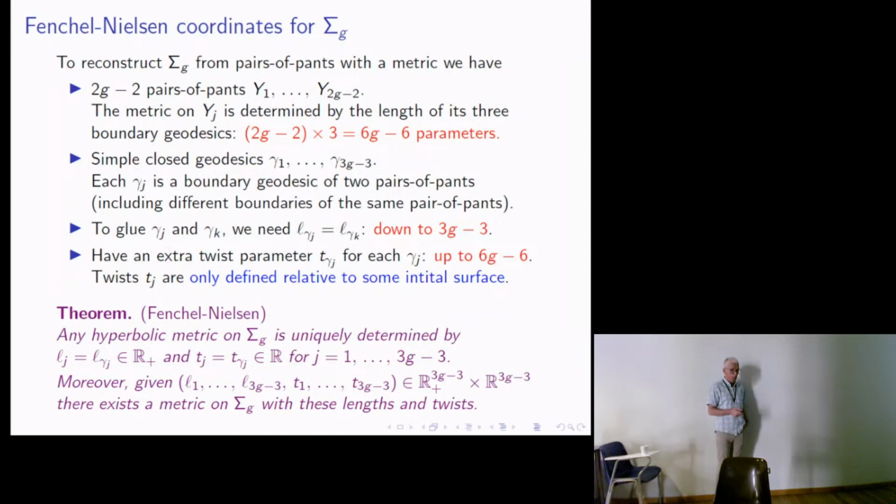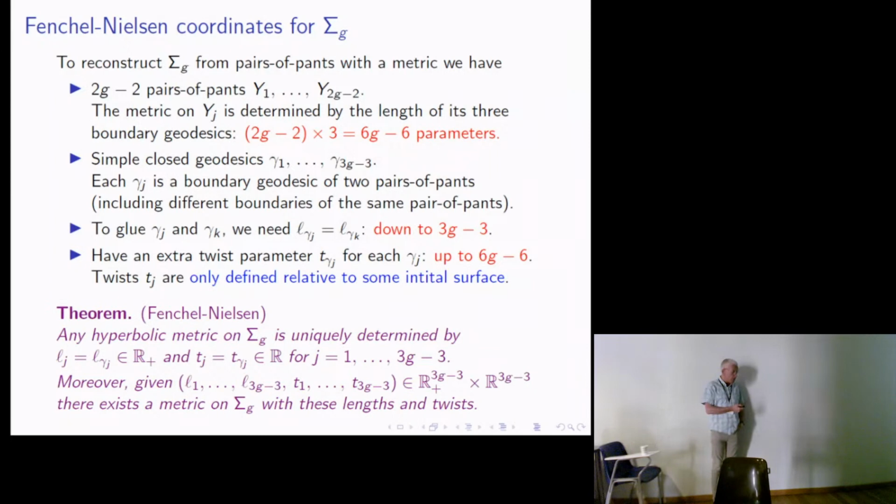I suppose one of the things I forgot to say way back, to emphasize, was on the screen: the dimension of my space should be 2g minus 2 times the dimension of the group. And as SL2R has dimension 3, think of a matrix, it has 4 entries and one condition on the determinant, so that's 4 minus 1 is 3. Okay, and so here we go.